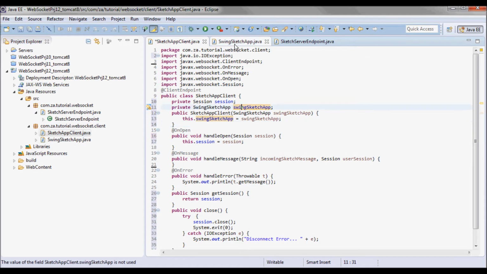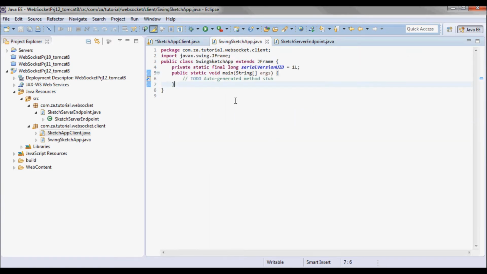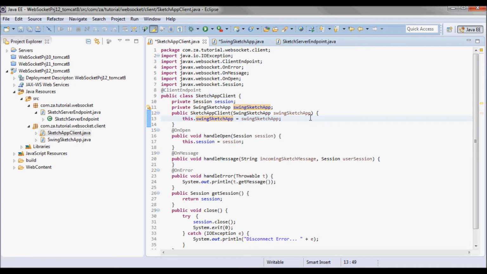So essentially the Swing Sketch app will be instantiating Sketch app client and passing it itself to that constructor, and I will keep track of it here. So let's go to Swing Sketch app, and for now let me just define this method, message sketch, that Sketch app client will be using to sketch incoming messages.